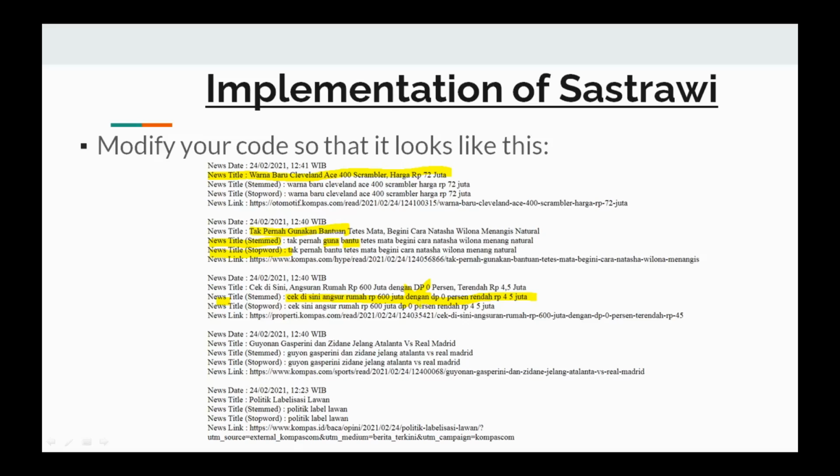And what about the tokenizing and case folding implementation? By default, if we use stemming or stop word removal, it will automatically tokenize with unigram and case fold to lowercase. For bigram and trigram, you must implement it yourself.